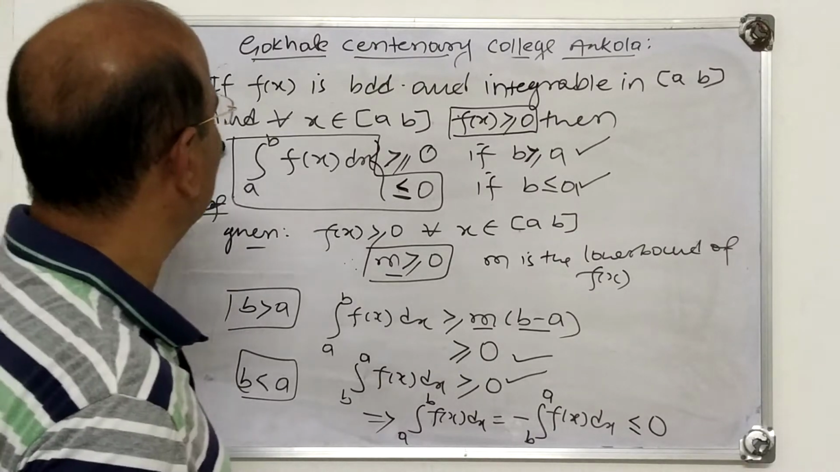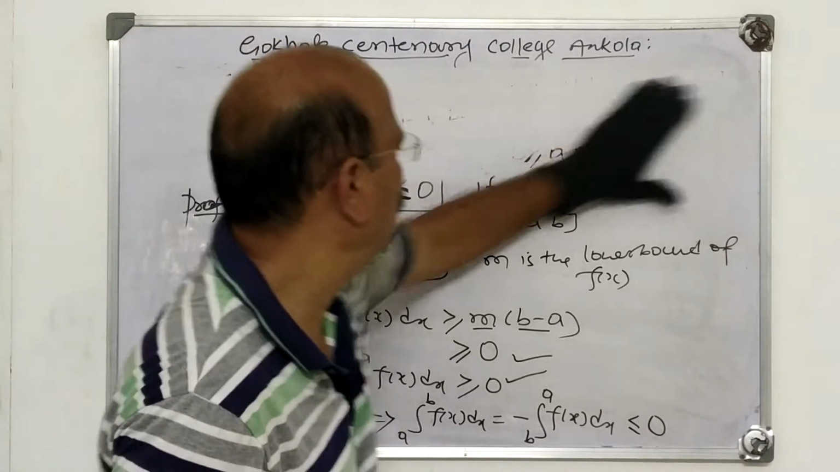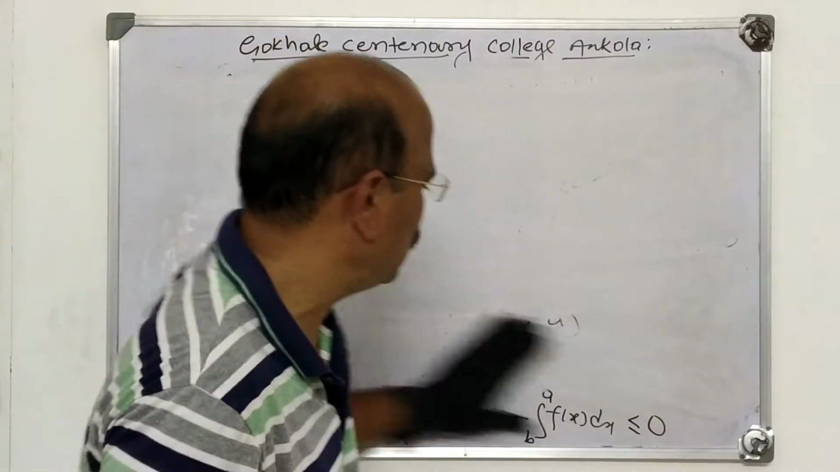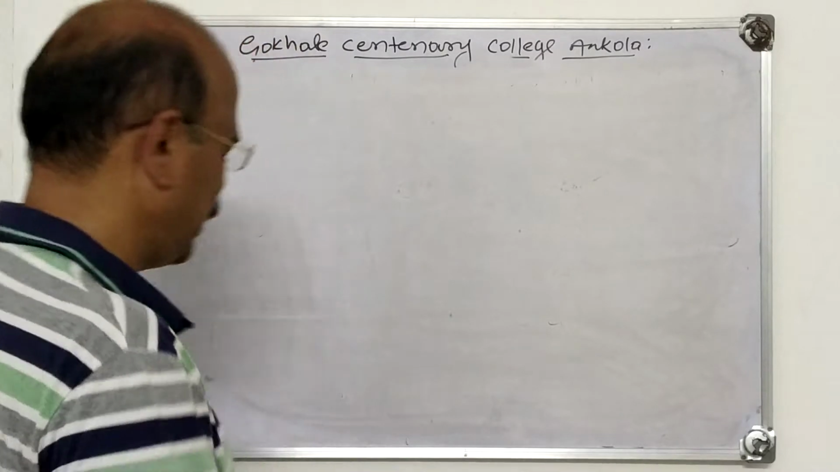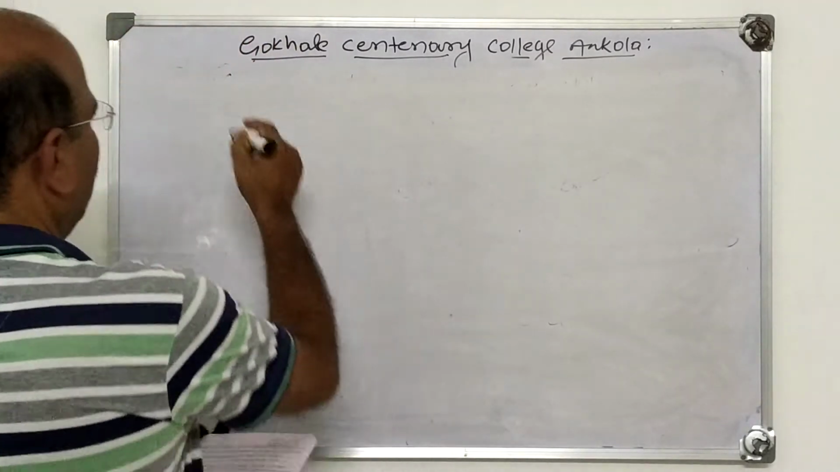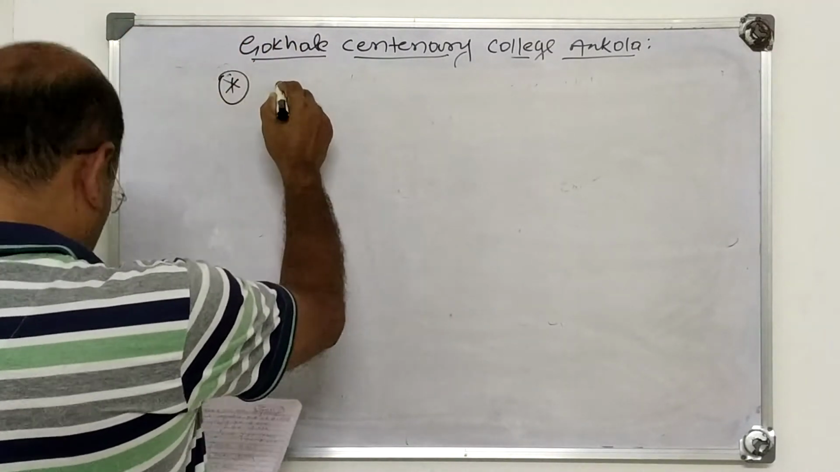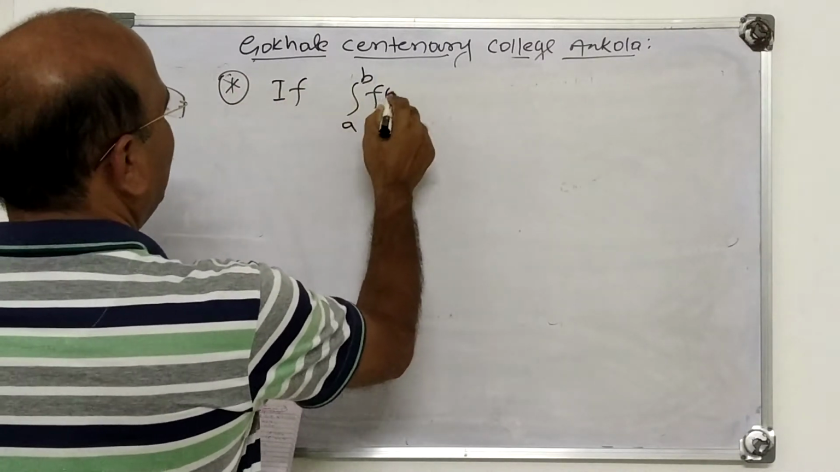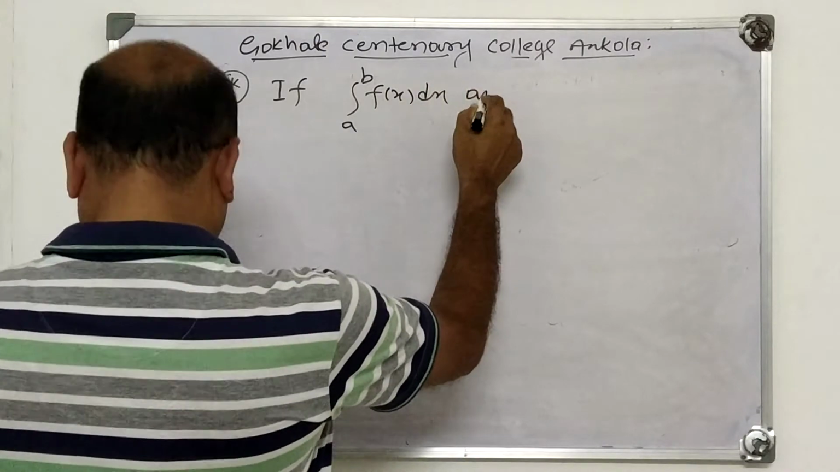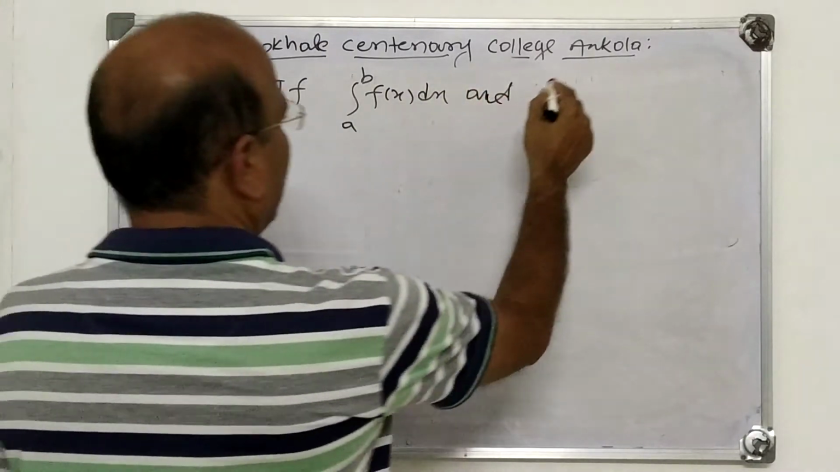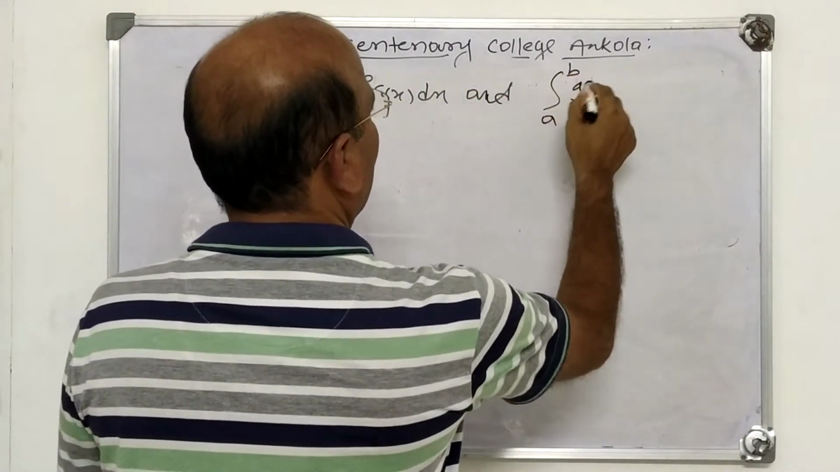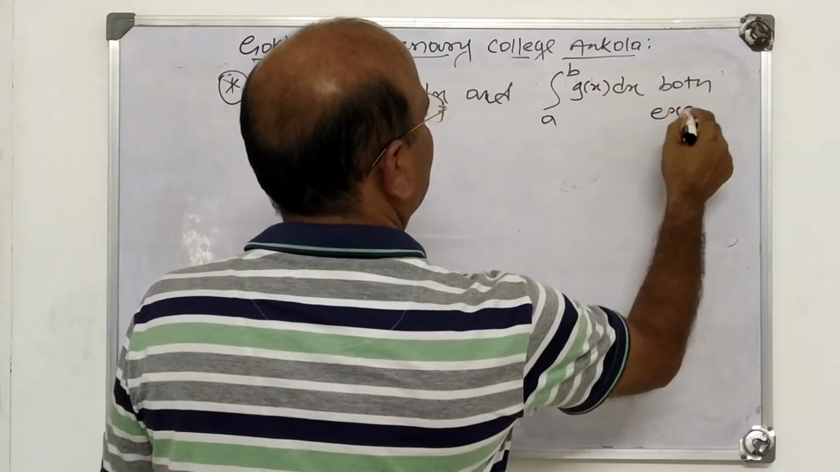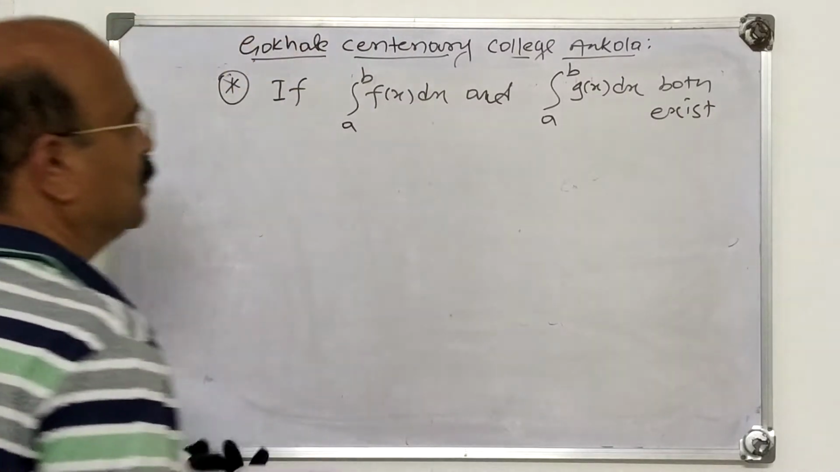Now using this result, we prove the next important result. The result is like this. See, first I clearly write this result. We take this also as a corollary. If the integral from a to b of f(x) dx and the integral from a to b of g(x) dx both exist,